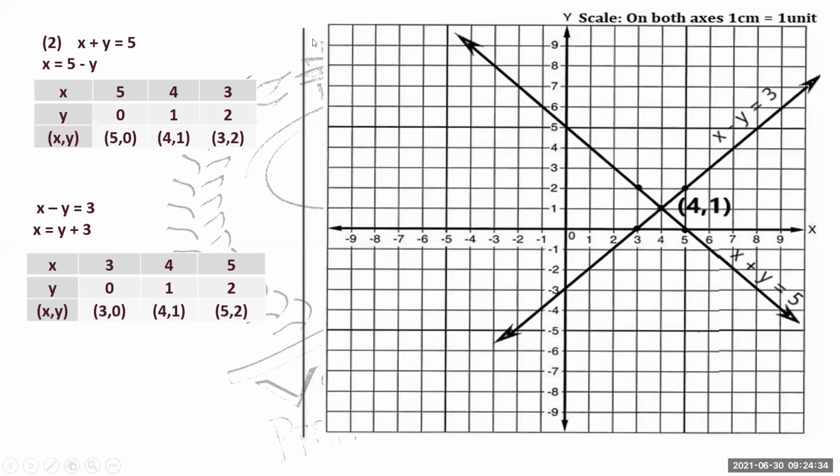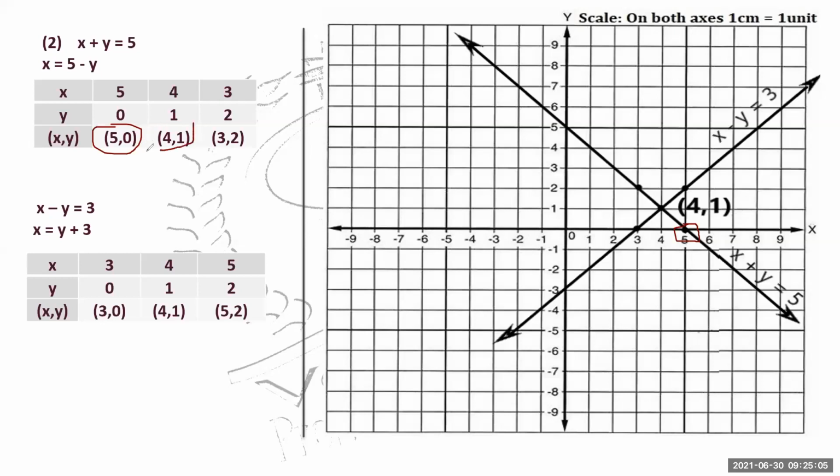Now, the first point is 5 comma 0. Where is 5 comma 0? Where is it going to lie? It is going to lie on the x-axis. Check why? Because y is 0. Whichever coordinate is 0, the point is going to lie on the axis whose value is known to us. That means here it is going to lie on the x-axis.